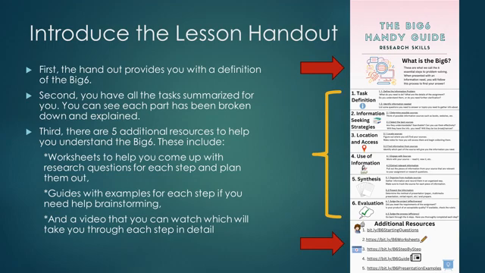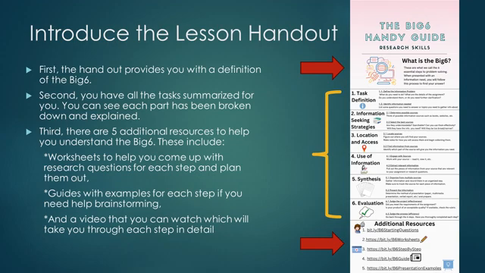Next, you have all the tasks summarized for you. You can see each part has been broken down and explained for you. This is signified by the yellow bracket that you see, which encompasses tasks 1 through 6. They include visuals, and some of them also include examples. Third, at the very bottom, signified by the last red arrow, there are 5 additional resources to help you understand